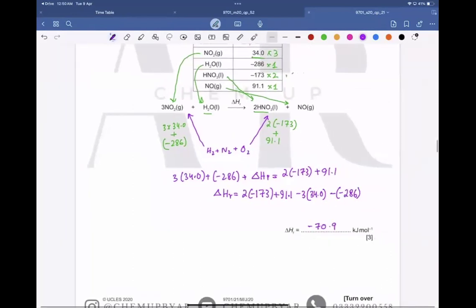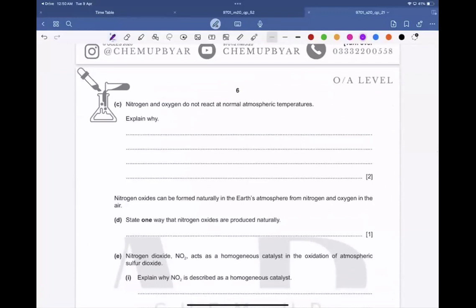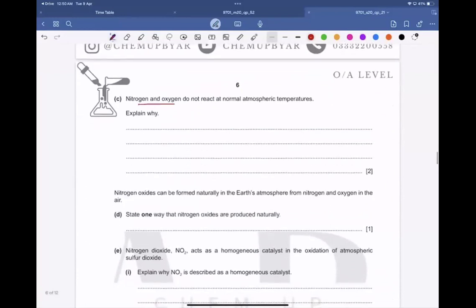Okay. Now, nitrogen and oxygen do not react at normal atmospheric temperature. Explain why. And it's for 2 marks, so you need 2 reasons. That's what we have studied in the nitrogen and sulfur chapter, the reactivity of nitrogen. If you guys recall, nitrogen has